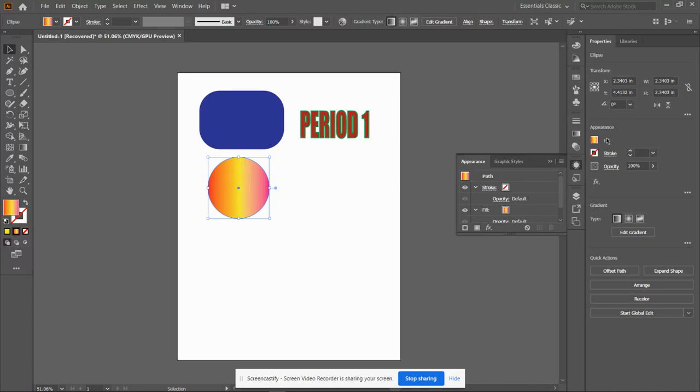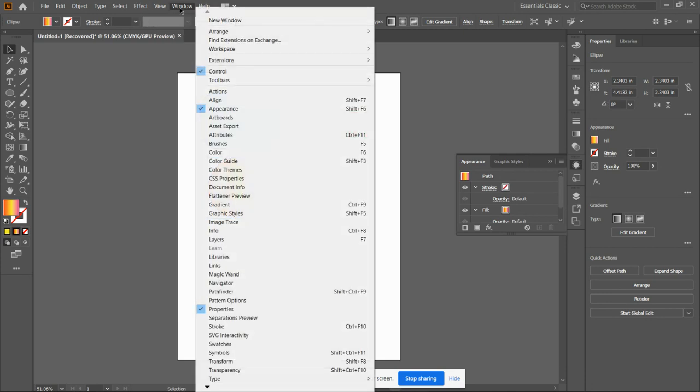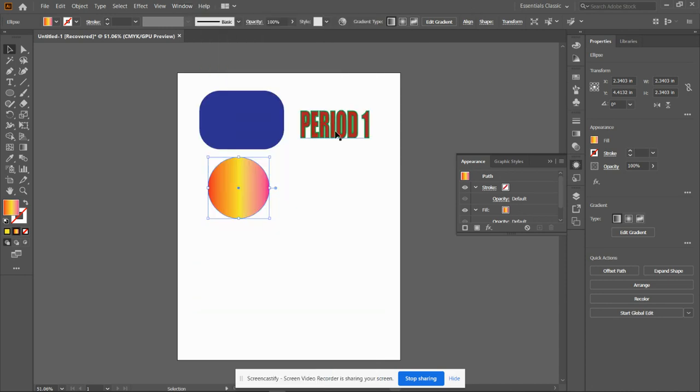All right, so just to know where things are at when you're starting to work, you always look over here on the right panel. Another way is if you don't see something, go up to the word window, please. Go up to the word window. If you do not see something, you can scroll through here. All the stuff is right in here. All right, for example,